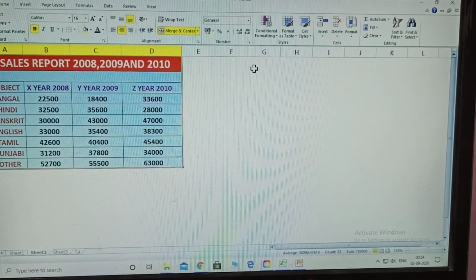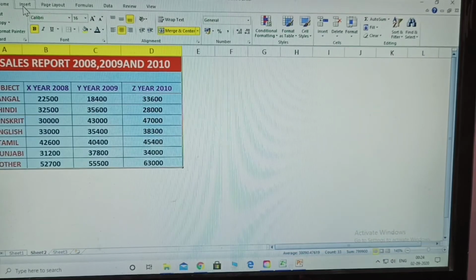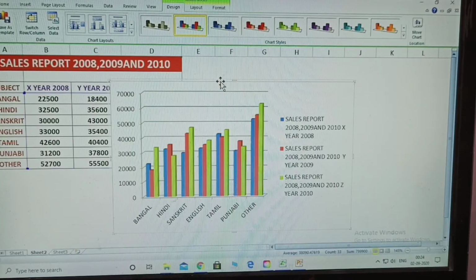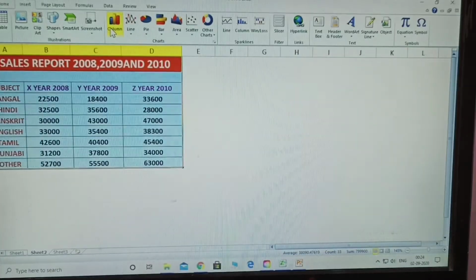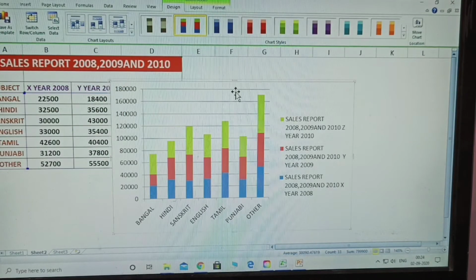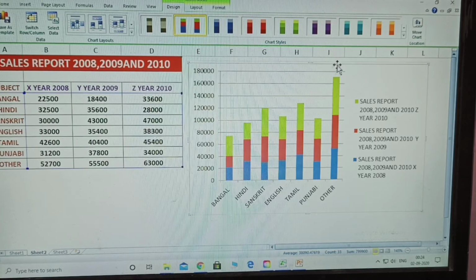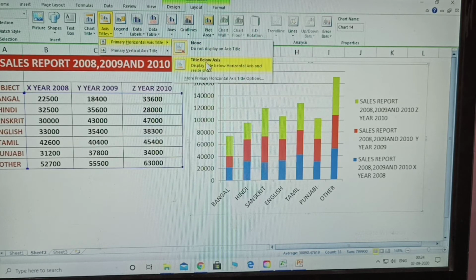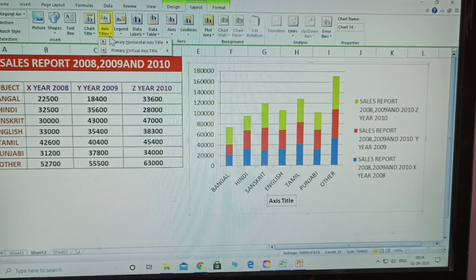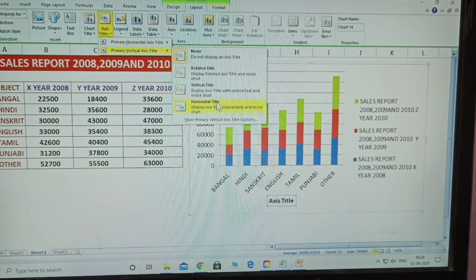Now the same data, I insert a column chart, click on the 3D, and click on 2D over 3D. See here, the same thing: you select this one, after the layout opens, click the horizontal below and vertical.